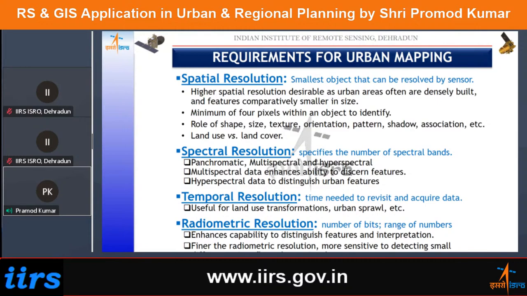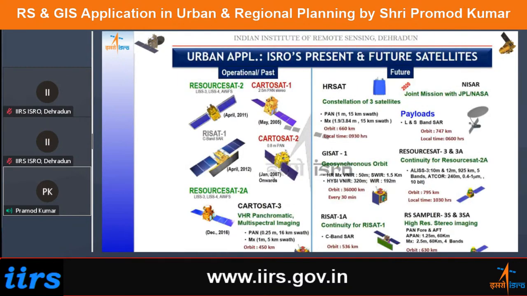In the times to come, we are going to have several satellites, and those will be HRSat, NISAR, GISAT, and the upcoming ResourceSat series. We're also going to see newer generation satellites like the IIRS sampler, etc. Several satellites and missions are planned which are important for urban and regional planning. Already, data is presently available from several satellites belonging to the very high spatial resolution category. Of importance, I'll particularly mention Cartosat-3 and the WorldView series of satellites. There are other satellites as well, like SPOT or the Kompsat series,